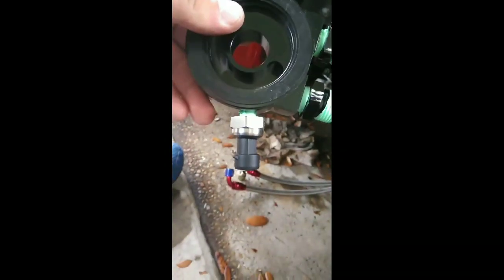be careful with this sensor right here. It's made out of plastic on one side, so you don't want to force it in there and tighten it too hard. You'll snap it and break it. You know how sensors are. But once you're done with that,